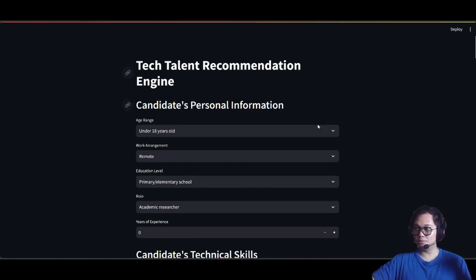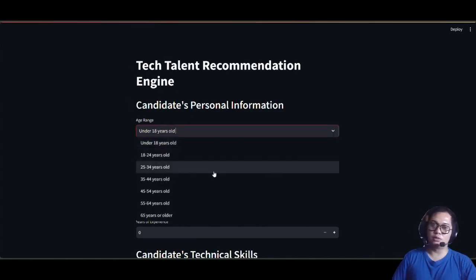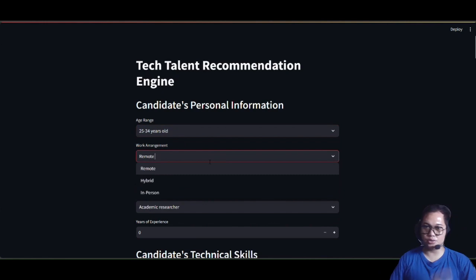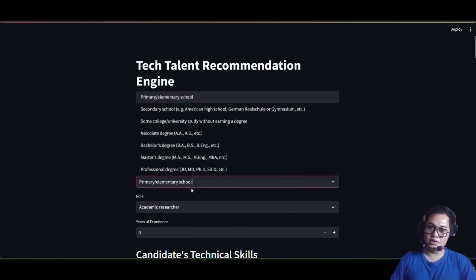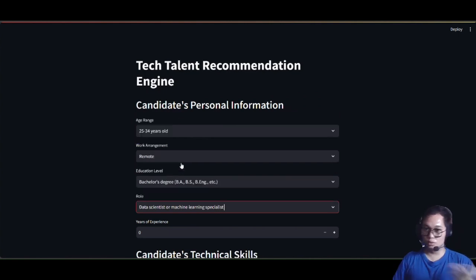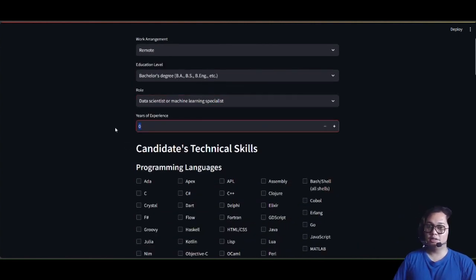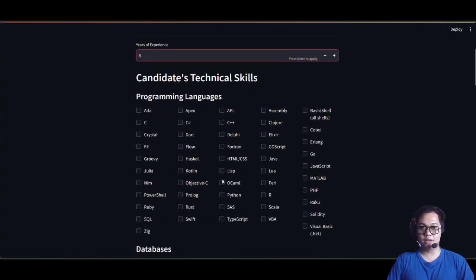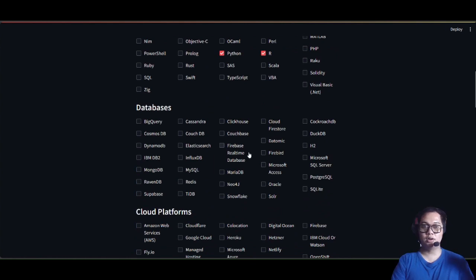This is the simulation of our tech talent recommendation engine. We choose the age range, work arrangements, education levels of our candidates, the roles we want, and the years of experience that we want. And then we choose the candidate's technical skills, programming languages like Python, or databases they have been using like MongoDB, MySQL, PostgreSQL,